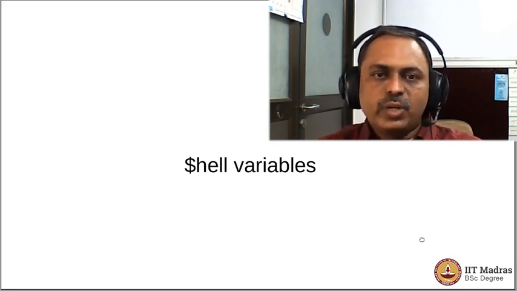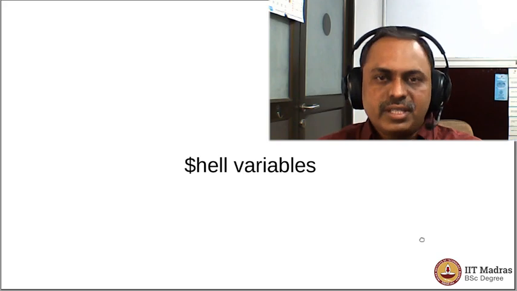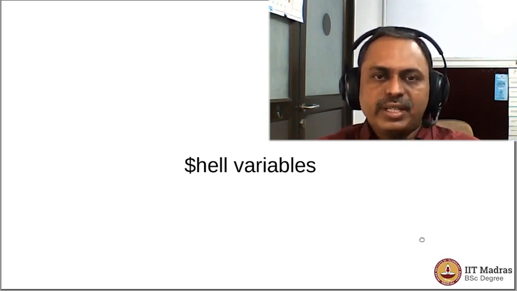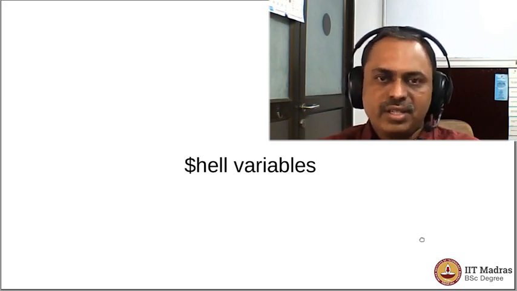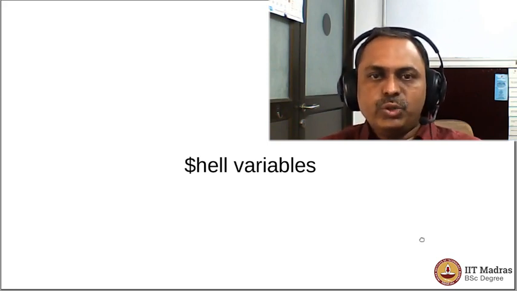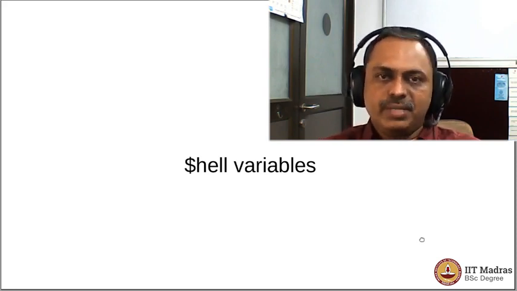Shell variables are also a means by which you could store information as an intermediate form for you to process further. Certain processes such as commercial software that expect the license server or the port number on which the license is available and so on may be looking for certain shell variables to have that information, and therefore even when you do not use the terminal environment very extensively, it may be necessary for you to know about the shell variables.